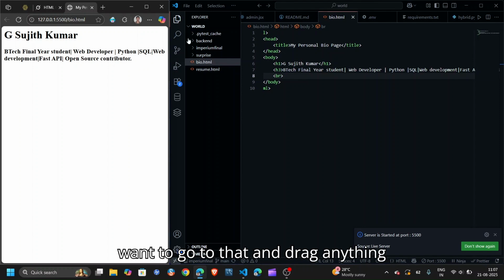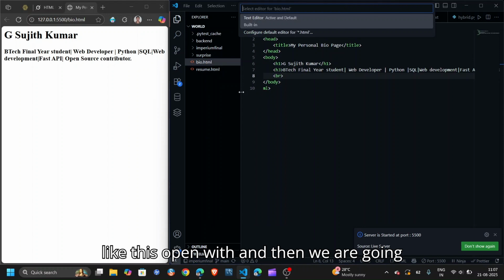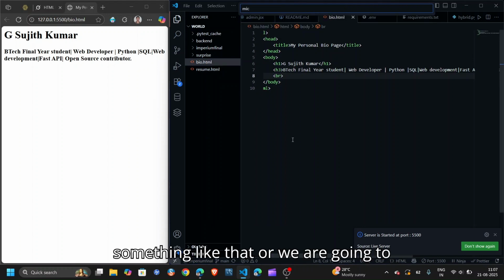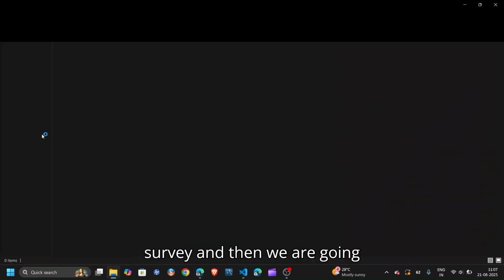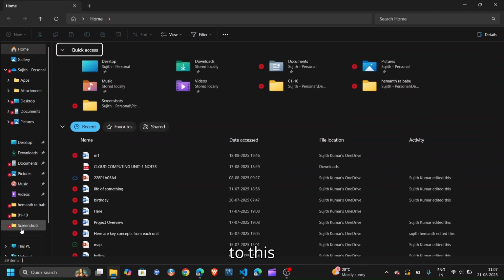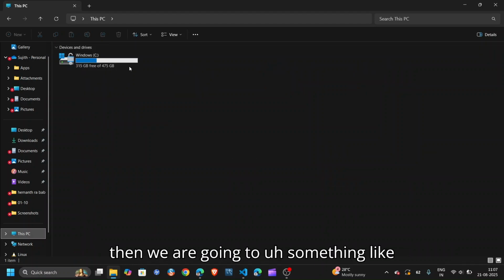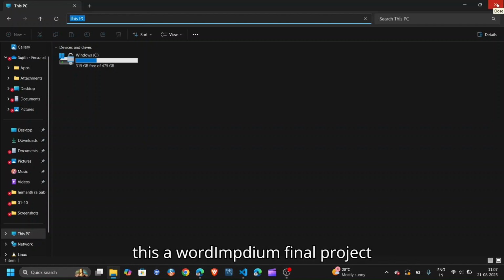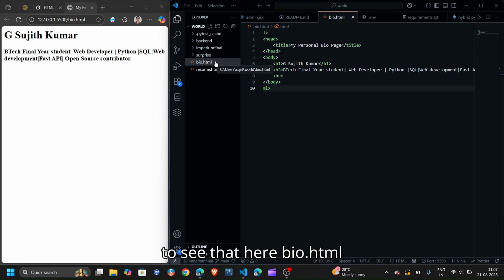We don't want to go and again try open with, and then take Microsoft something, or go to this PC, and then Windows, a Word, Imperium Final project, and then my folder, and then we see here